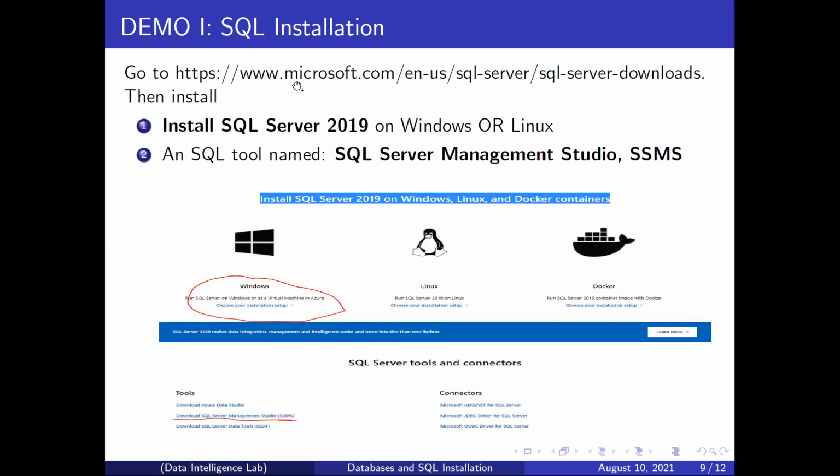Once you have this link, it will show you a page that looks like what I have on my screen here. So you can choose your software type for installation, either Windows or Linux, or Docker, which is usually in the network server related machines, right? So you can choose either of these and